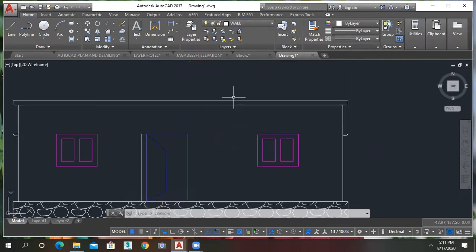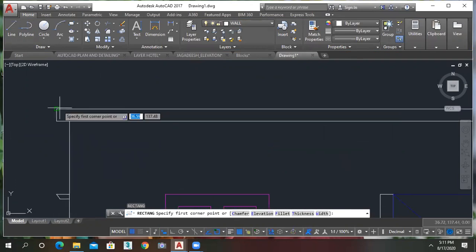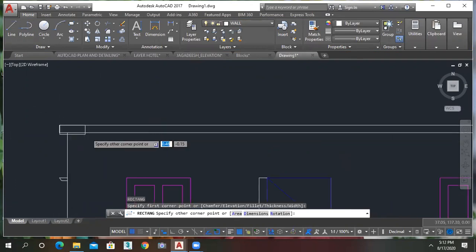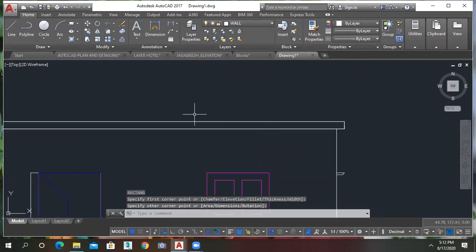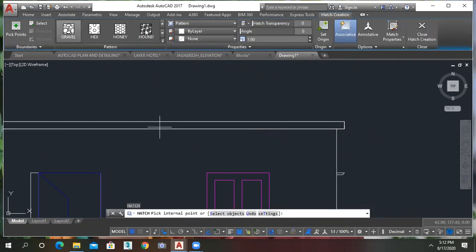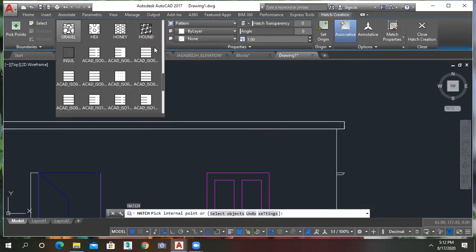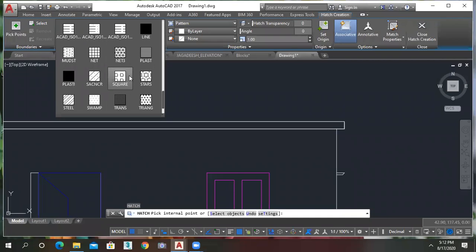So here also this is not closed. So draw one more rectangle there. The slab is made up of concrete. Hatch enter and search the concrete here.